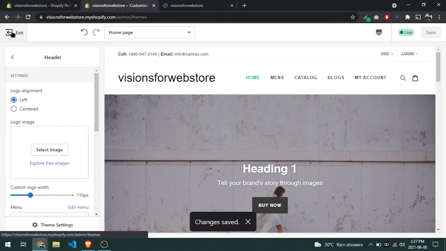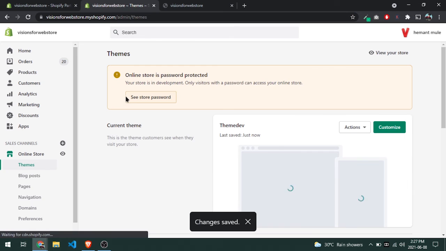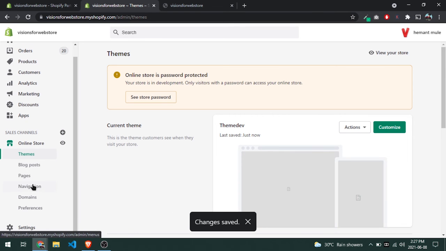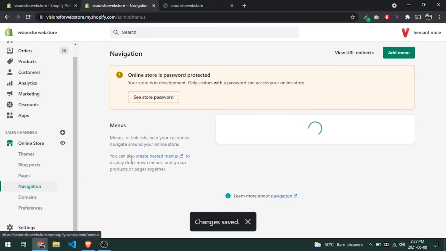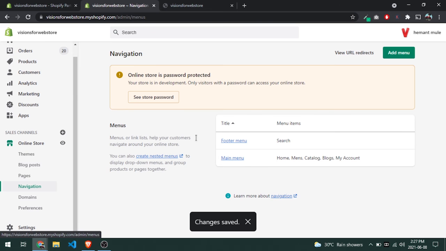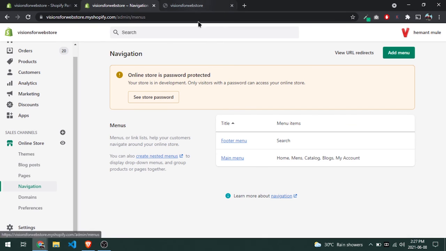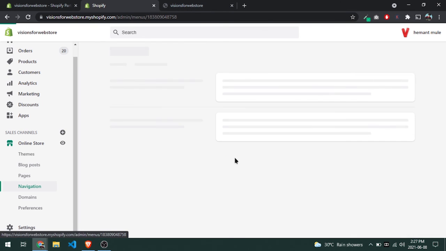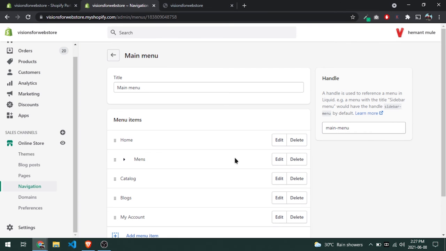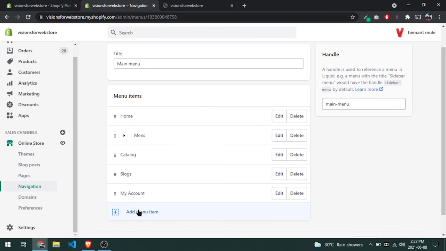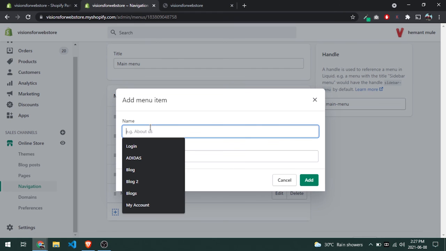Now let's go to the navigation section. In this navigation section, we would get our main menu, that is the above one, and the footer menu. So to update the header, we go to the header and we can add anything as per our needs.